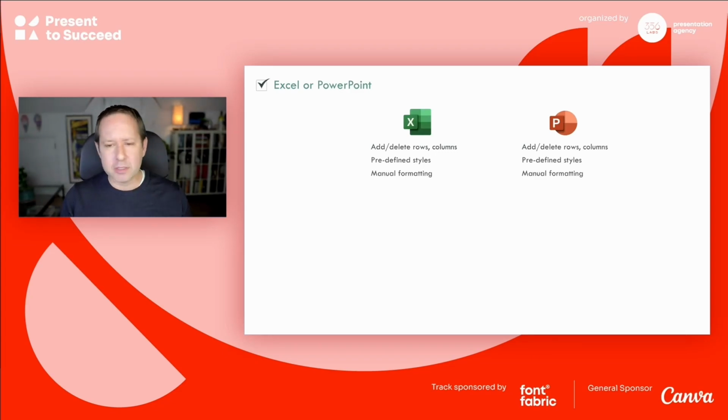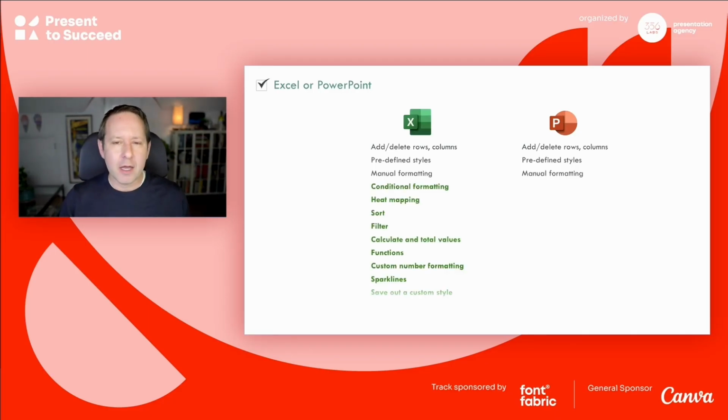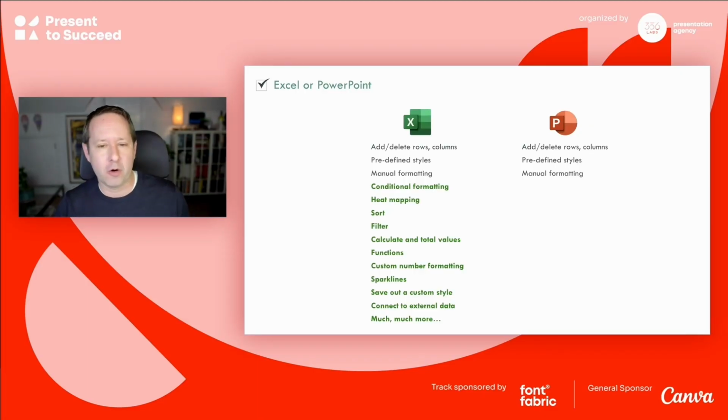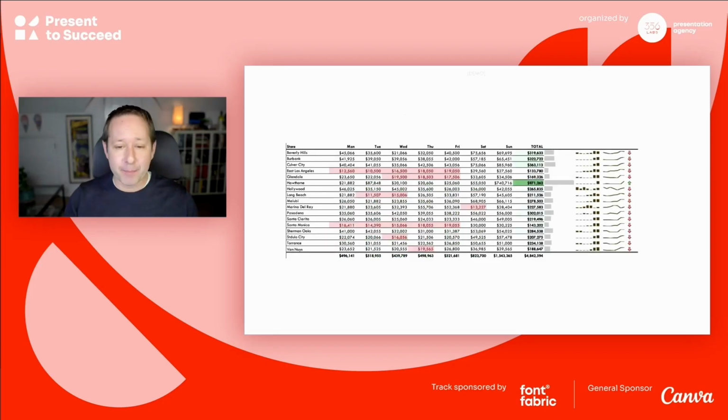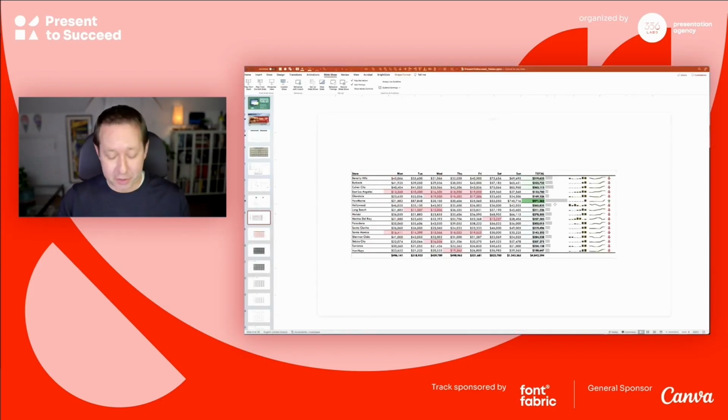Both tables, you can add rows and text and do formatting, but a table that is created in Excel has vastly more power to it, right? You can do conditional formatting, heat mapping, sorting, automatic summing. Like you change a number in PowerPoint and the sum doesn't change. You have to manually do it. There's so much more you can do in Excel, and there is a way to get all that functionality onto your PowerPoint slide. And that is by embedding the chart, okay?